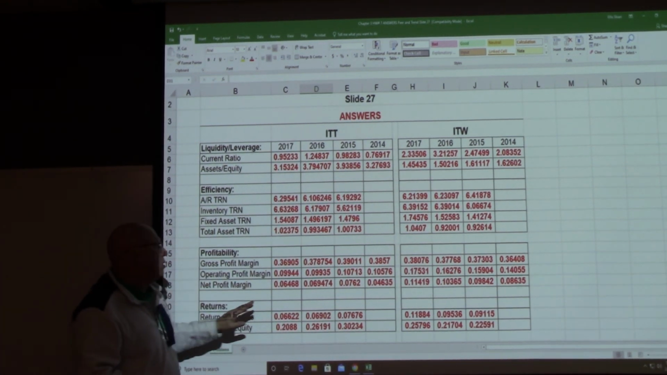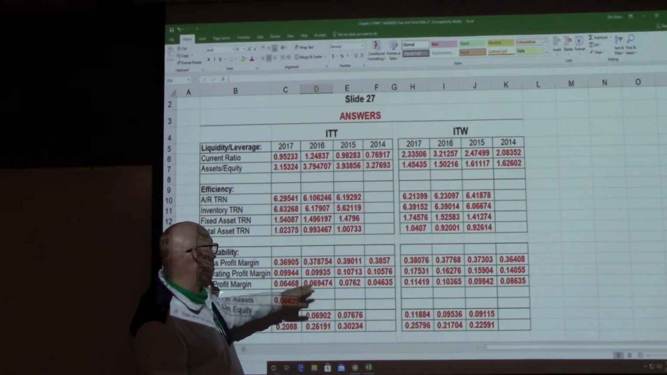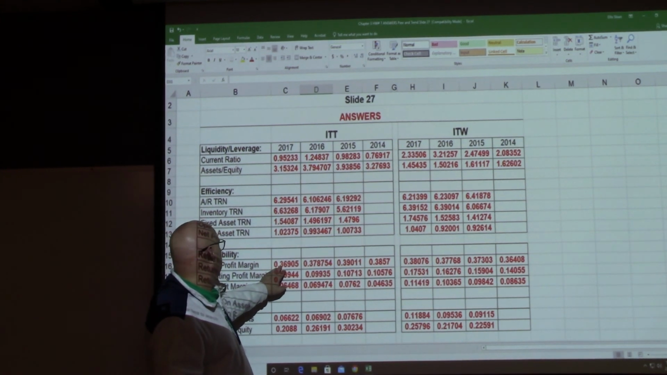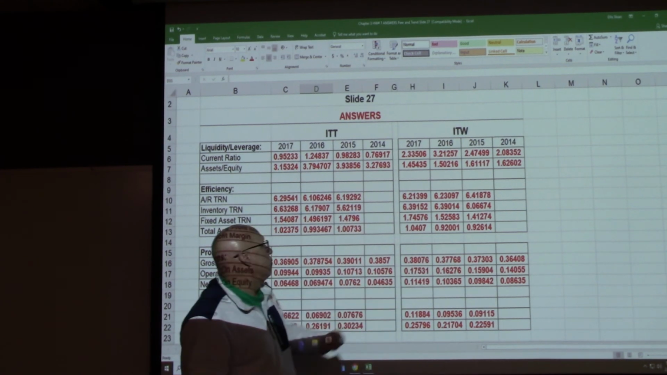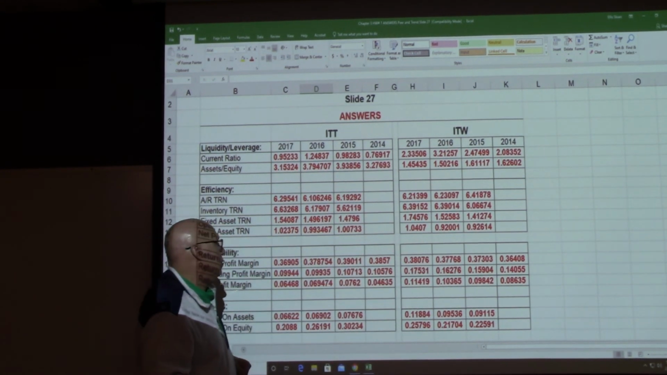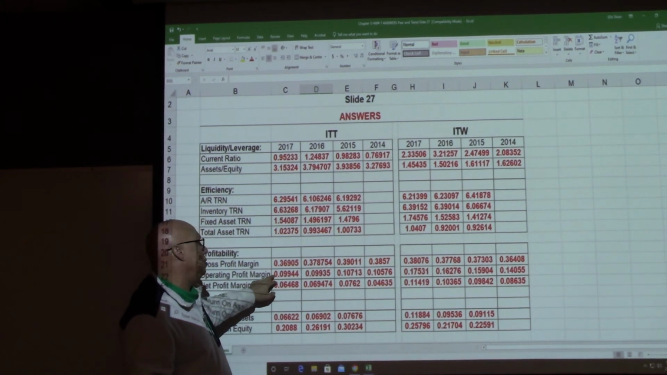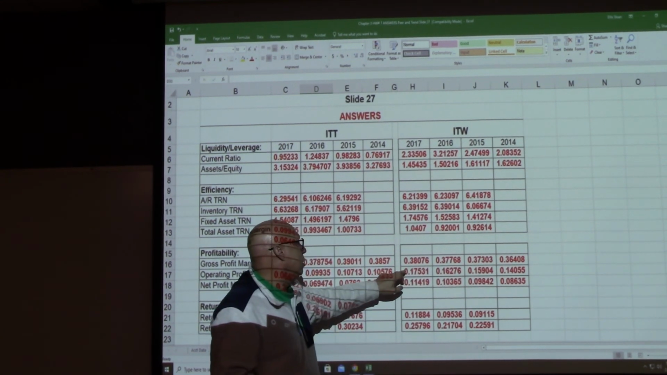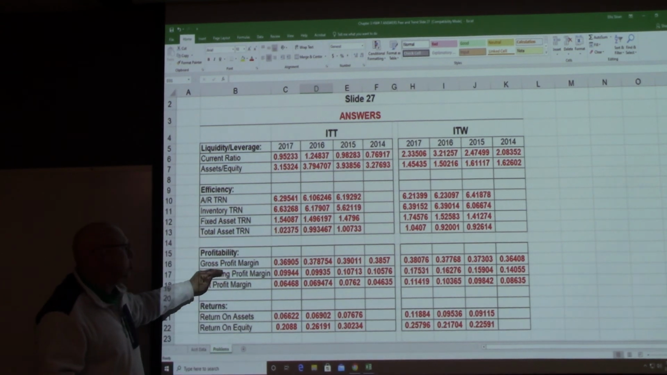And oh, by the way, we've done peer analysis. Let's look at some trend analysis, and we see that the gross profit margin has dropped just a little bit for ITT, and it's risen for ITW. So managers at ITW, they've got it figured out. And operating profit margin has dropped a little bit at ITT, and operating profit margin has increased at ITW. So there's some depreciation and/or